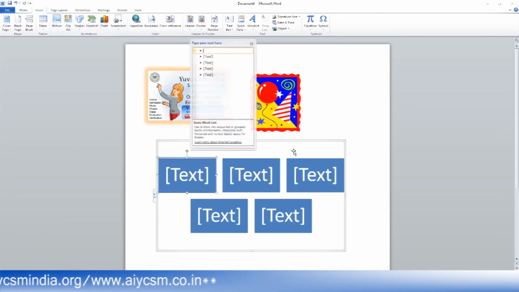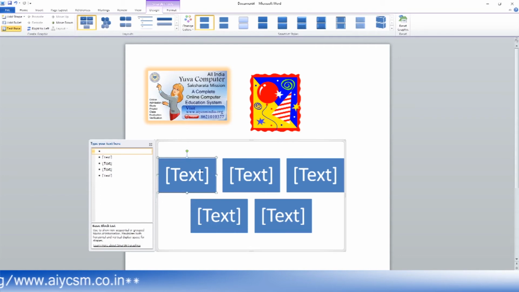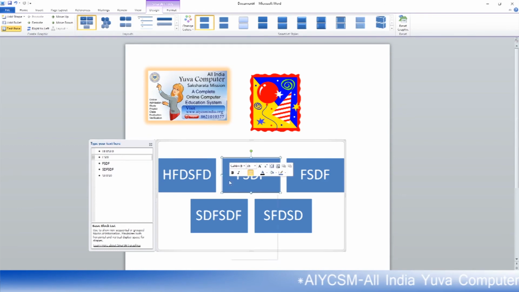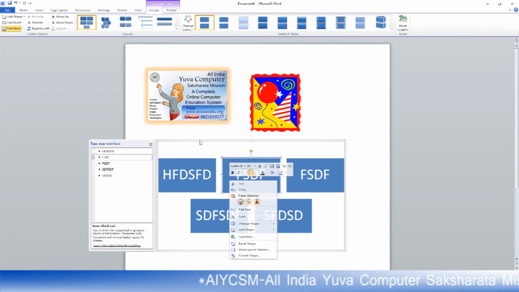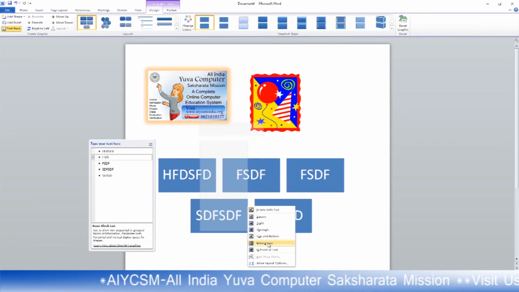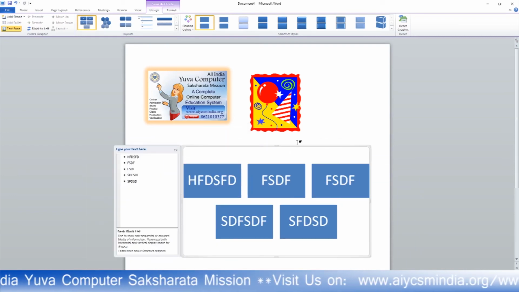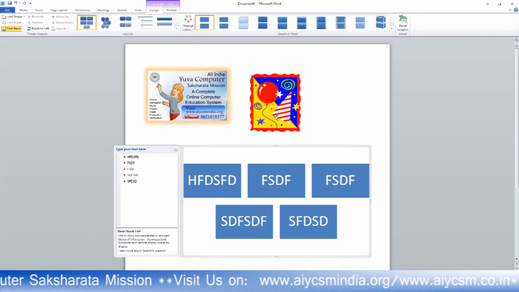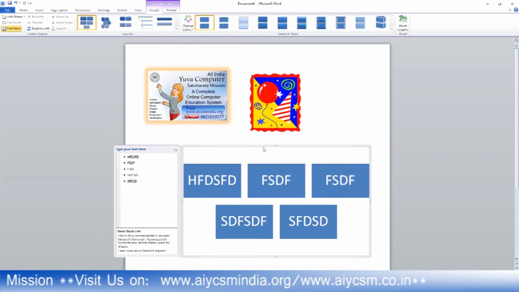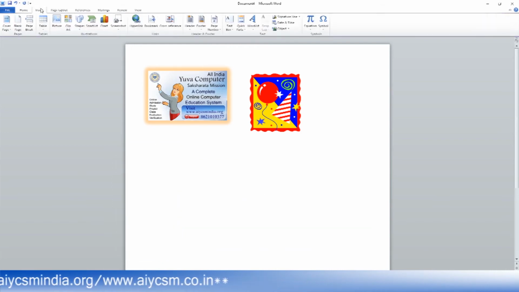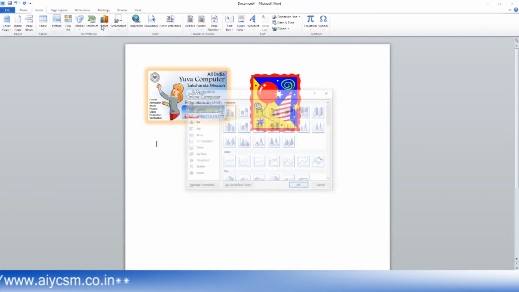You can insert SmartArt. If you want to insert it, you can insert it. Write anything in this text, something there, something there. These are the SmartArt. From there you can select it. Just click on it, click on this one, wrap text, in front of text. You can move it anywhere you want. You can insert this SmartArt and change the color and style with the help of this one. These are other features. You can delete it by selecting this one.